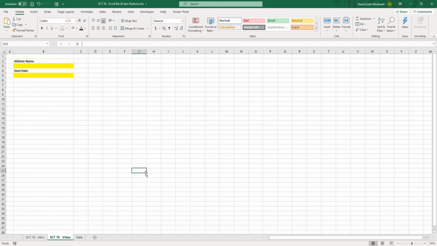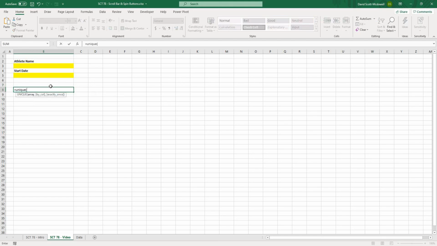So the first thing that we have to do in starting this process is pull out the data based on the athlete that we select. So we're going to do the drop-down menu for the athletes first, and an easy way to do that is I'm just going to use a unique function. So I'll type equals unique,